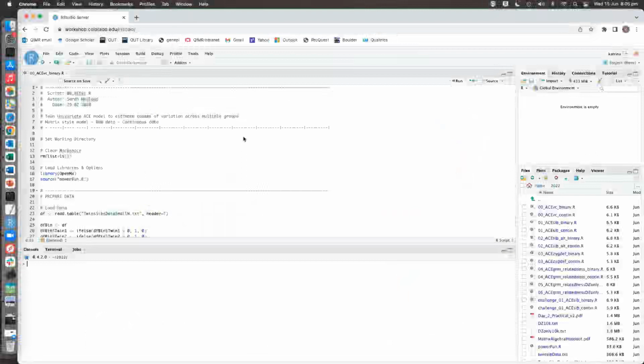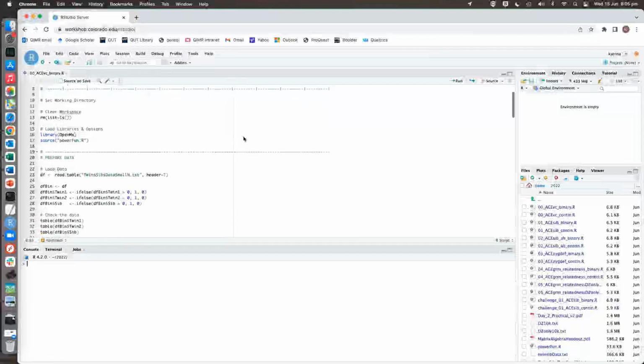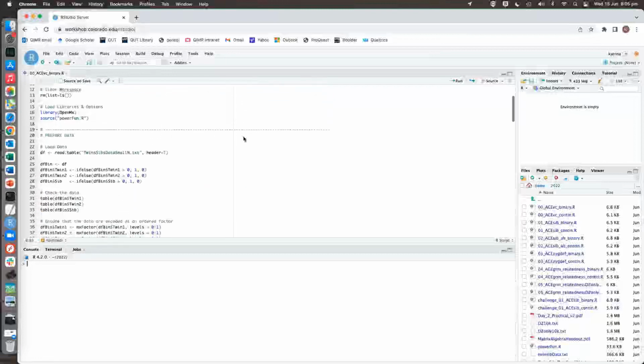In this video for session 2 of the recorded tutorials for Boulder 2020, I'm just going to go through a binary script, the example, and highlight the differences between using a continuous variable and a binary variable. In the first video, I went through in great detail the continuous script and then the ways that we then added in siblings and then changed the way that we specified that model in order to incorporate measured genetic information. I'm not going to go through all of that in this particular recorded lecture, just highlighting the differences between continuous